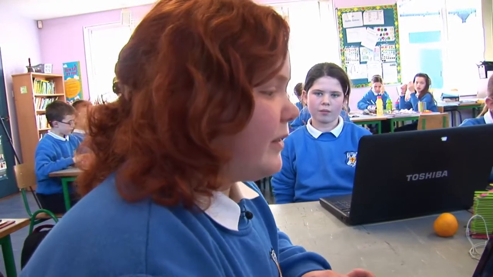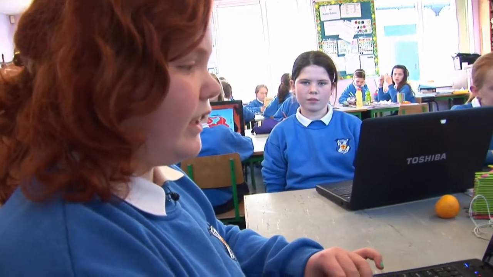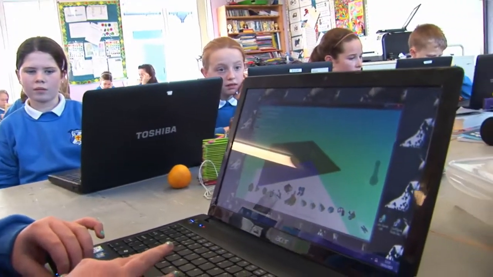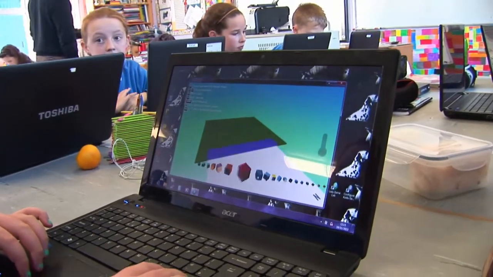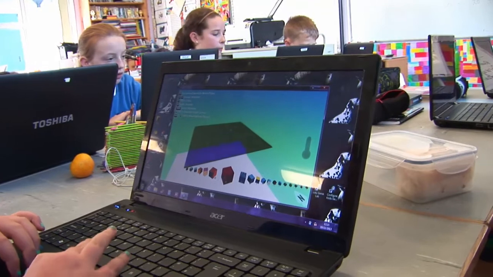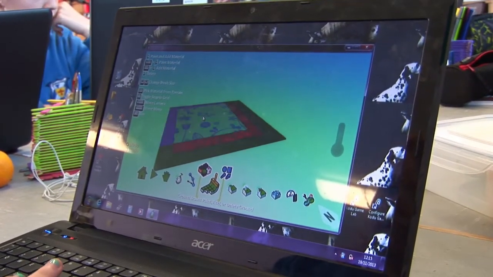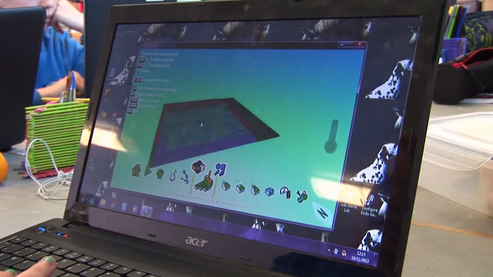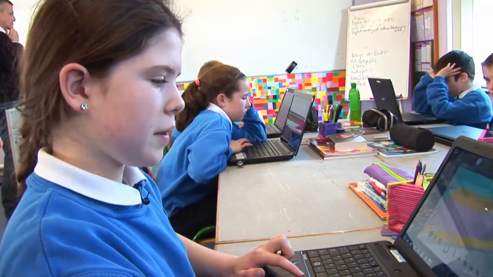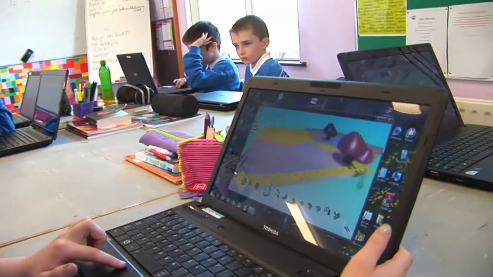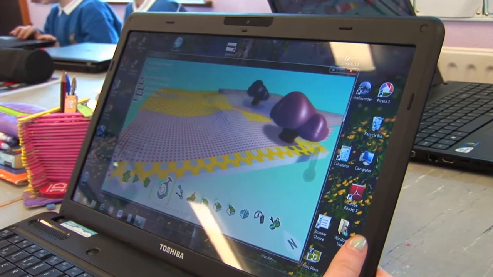We were asked to create a racetrack and I was asked to create the ground for it, and this is how I did it. You can change the colour of the ground by selecting a block and choosing it, and you can just click on the ground, and it comes up like this. My part of the race game, I was asked to create the characters, and now that I have my landscape created, I have to click on this button here,